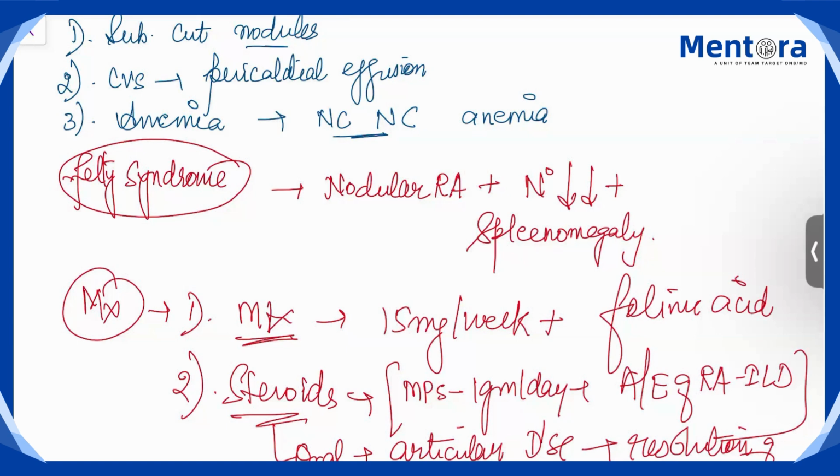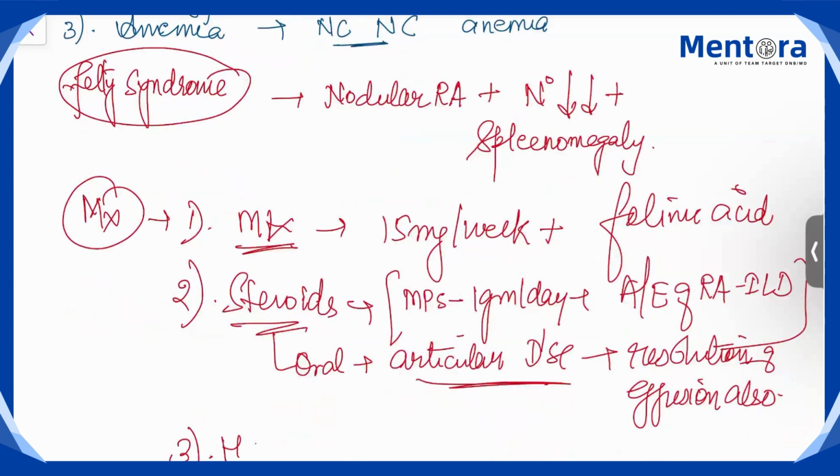You can also try HCQ 200 milligram BD dose, but if there is no improvement with HCQ, shift to methotrexate. So first we start with HCQ and then we shift to methotrexate, and we give indomethacin 75 milligram OD. So this is how you have to write the answer if the question is asked on RA related lung disease. They had asked RA-ILD, but I have explained everything, all the pleural complications of rheumatoid arthritis. The question that was asked was pleural complications of rheumatoid arthritis.